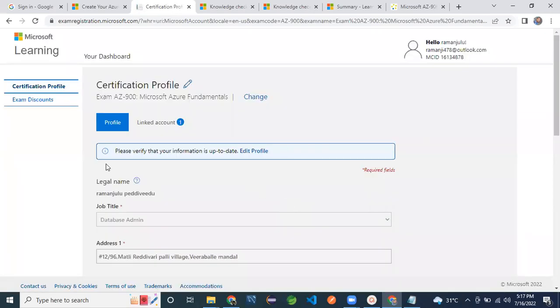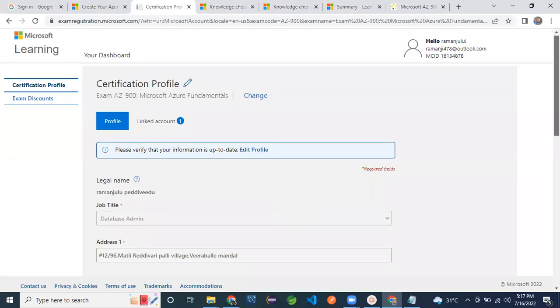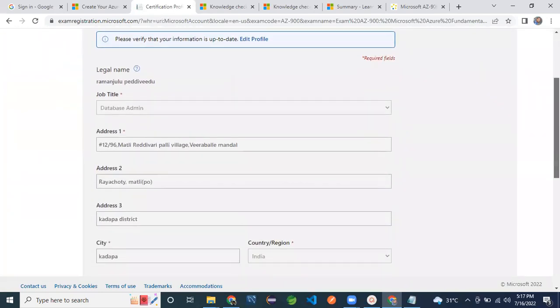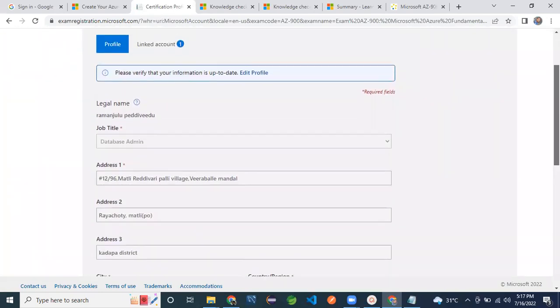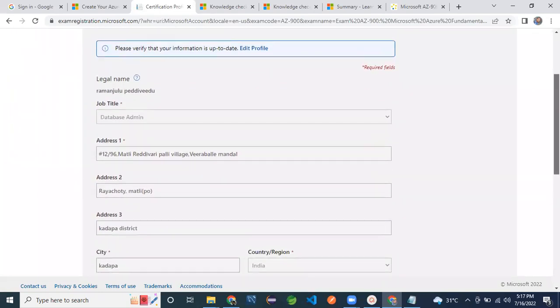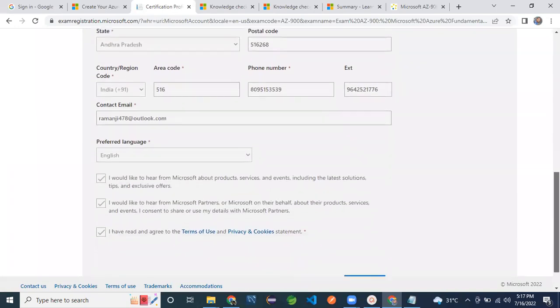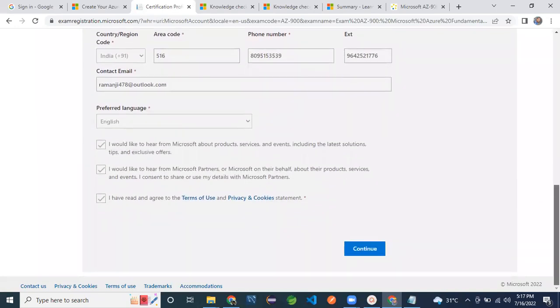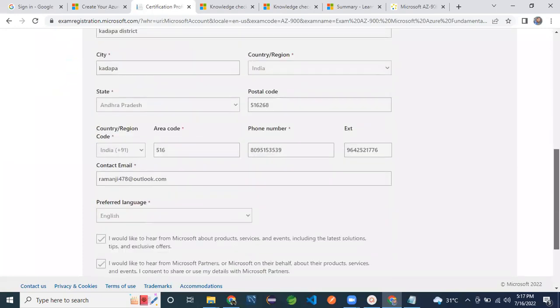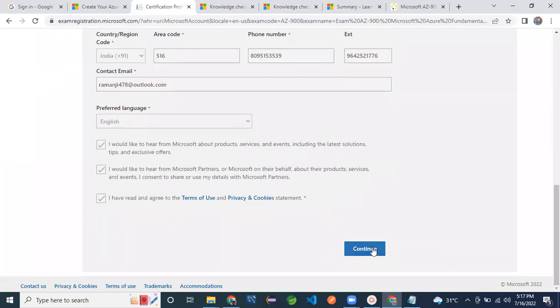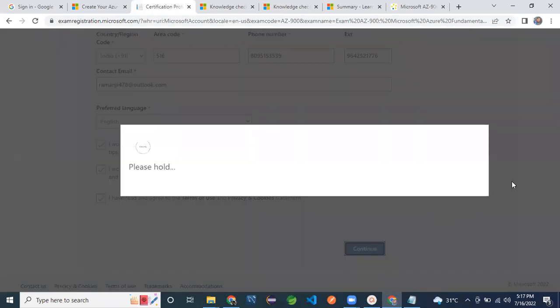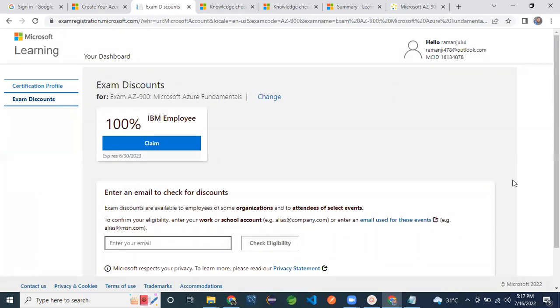Once you log in, if it is a new account, it will ask for details like address and phone number. Fill in your details and click next.